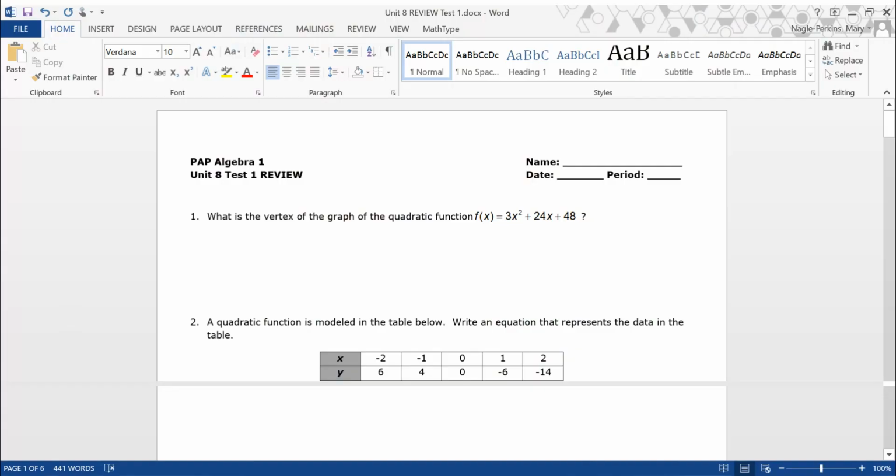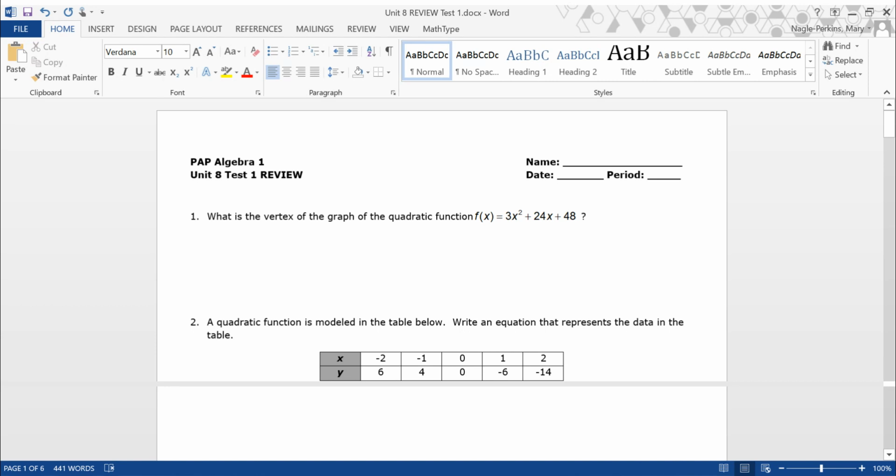Okay, number 2, we're going to use the calculator. I'm going to go to Stat, Edit. I'm going to go to L1, and I'm going to put in all my x values. Negative 2, enter. Negative 1, 0, 1, and 2. I'm going to go over to L2, and I'm going to put in 6, 4, 0,